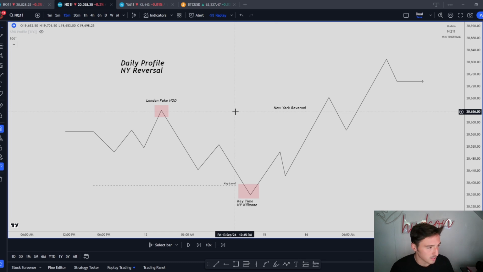What you're going to see with these profiles is they're really simple to notice, right? But you have to actually digest the chart and ask, did we trade into a key level? Did we not? I'm just going to stay hands off until we hit a key level. That's why a lot of people mess up and take bad trades. It's because they're not focusing on those key levels. And if we're not trading off of a key level, there's really no trade to be taken. So up here, no trade to be taken, right? Even during the London session, if we're showing signs of a reversal, there's no trade to be taken unless there's a key level. So fake high of day, New York 8:30 to 11 opens up, and then we start the reversal